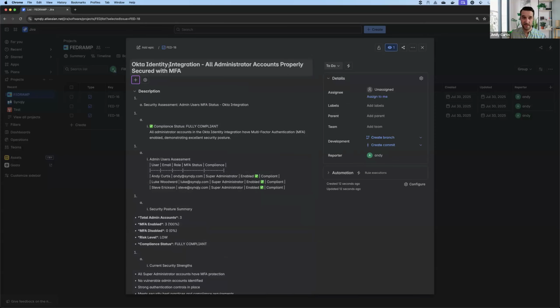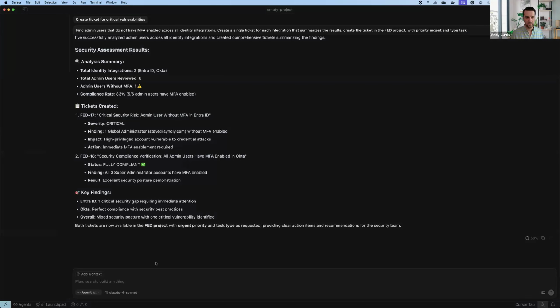Like Okta has admins where the accounts are not properly secured with MFA, and it added the same thing for Entra. Now, if we want to do a little more on this, we can ask it to follow up. Let's just ask it to add a comment to each ticket, and we want to explain to the users why this is a problem. Why should all your admin users have MFA enabled? Hopefully they understand it, but in case they don't, we can add a comment to each of these tickets, explaining the impact